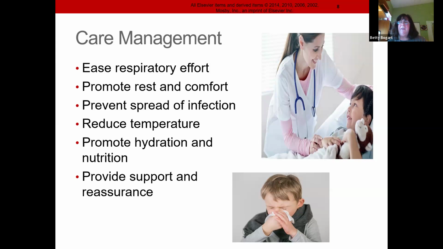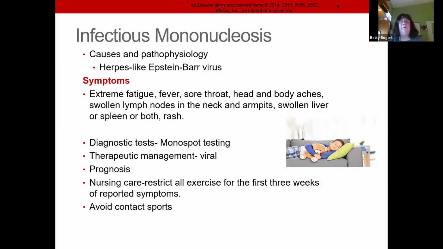Also, I think today more than ever since COVID, children know how to cough into their arms, right? They know not just to cough out in the air. When I was a kid, they didn't do those things. They didn't understand it as much, but today they do. And washing hands is a big thing now, and those alcohol wipes, et cetera. So these kids get their fever down and start their antibiotics, and they'll do okay.